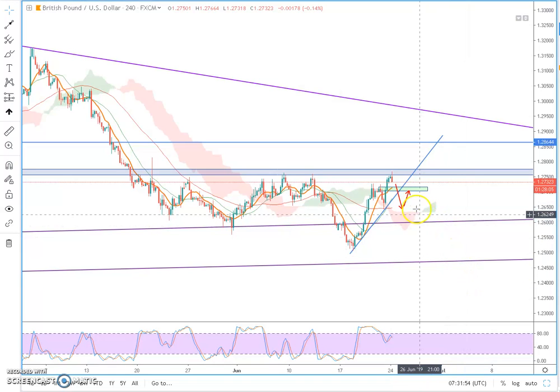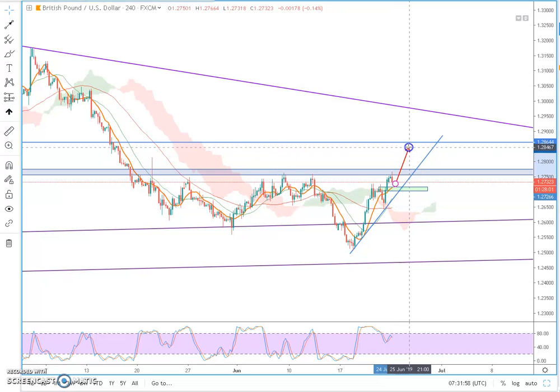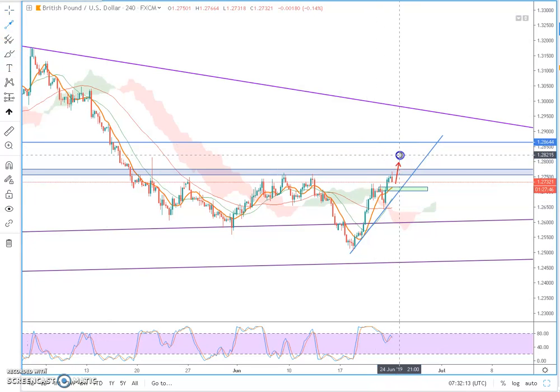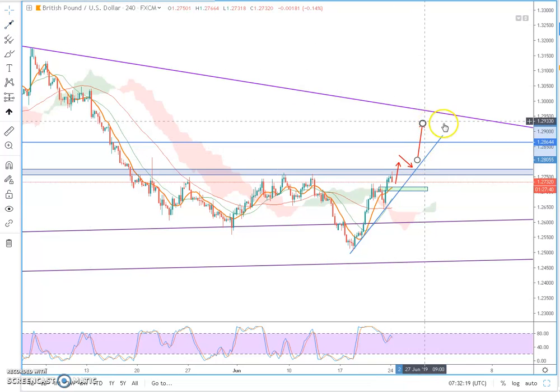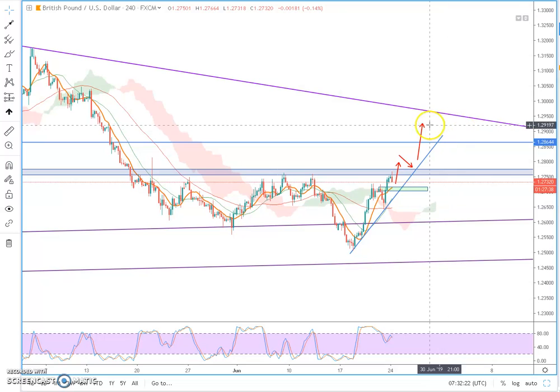Or in the other case, as we said previously, price manages to move above, bounces from here, and closes above 1.2770, then we can long as soon as price closes above this resistance zone, or we can wait again: the price moves up, comes down, finds support at this trend line, and then keeps moving up. For now we will be waiting for price to retest this zone, this trend line,